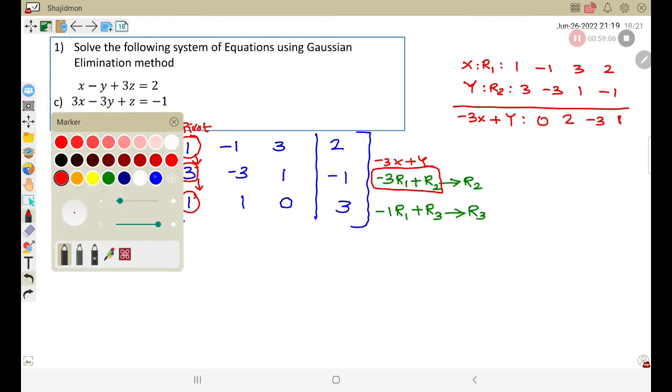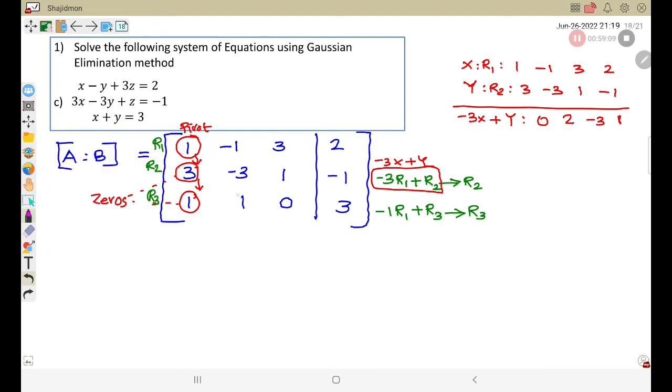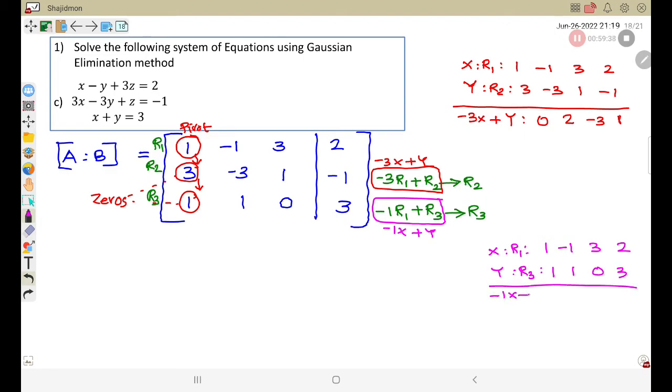Same way we are doing this also. Minus 1x plus y, correct? So I can write here minus 1x plus y. X means the first row. What is the first row? 1, minus 1, 3, 2. Y means the third row. What is the third row? 1, 1, 0 and 3. Now minus 1 multiply x plus y, you will get the answer like 0, 2, minus 3,